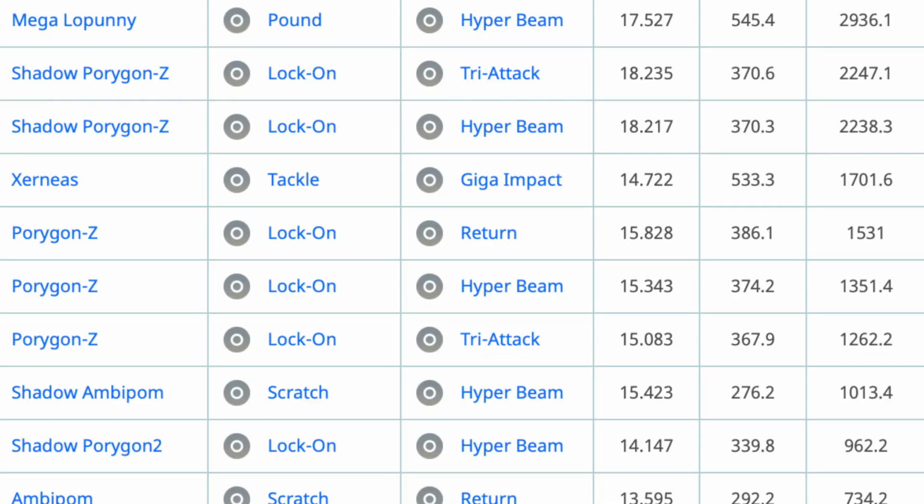So real quick, let's go ahead and see where the Mega Lopunny sits alongside other normal type attackers. Looking at all the Pokemon with double normal type movesets, we have the Shadow Porygon Z that has Lock On and Tri Attack as a moveset. That one has a total of 2,247. Again, we have another Shadow Porygon Z right there with Hyper Beam instead of Tri Attack. That one is 2,238. And then we have the Mega Lopunny right there with Pound and Hyper Beam as the moveset. That one is